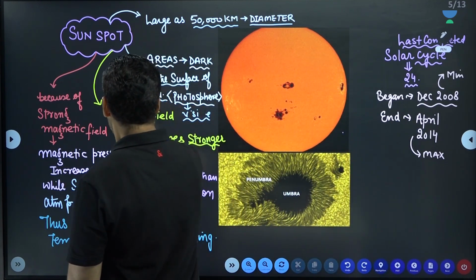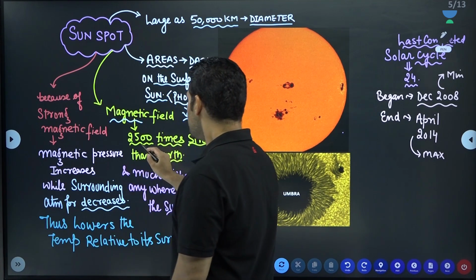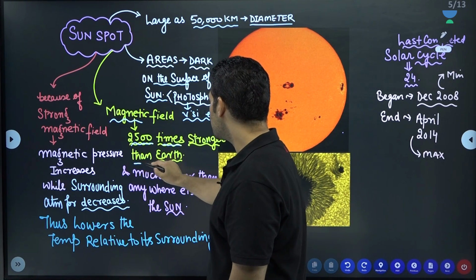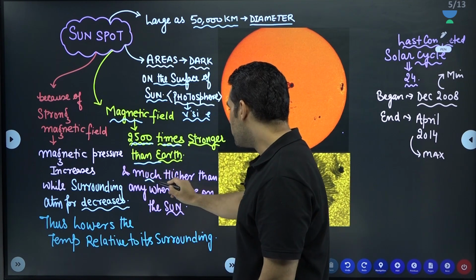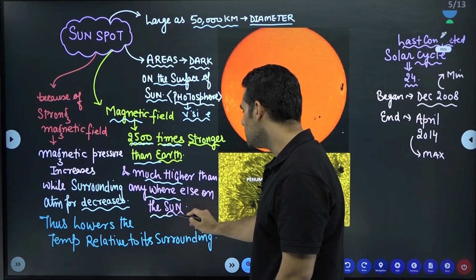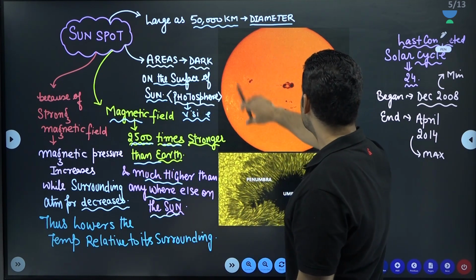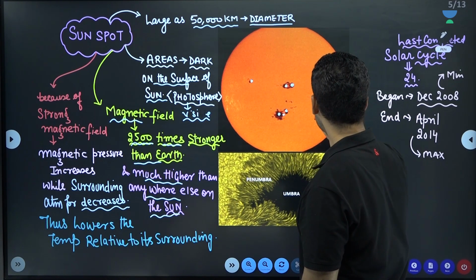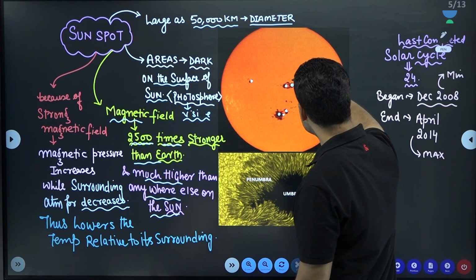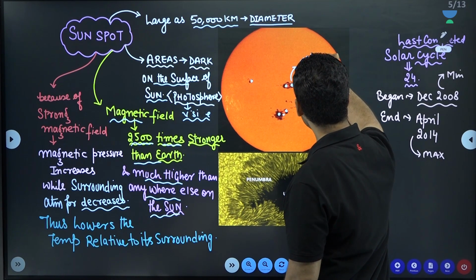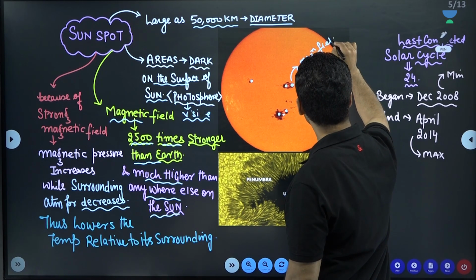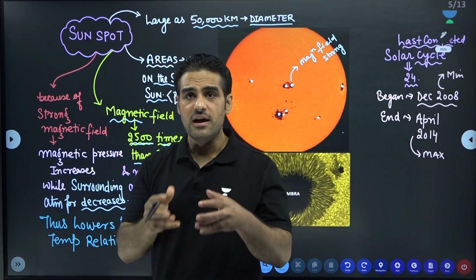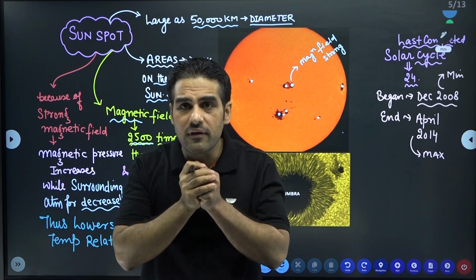Now, the magnetic field here is 2500 times stronger than the Earth's and much higher than anywhere else on the Sun. Assume it is the Sun. These dark spots, the development of these dark spots, are called sunspot activity. What it means is, in these parts, the magnetic field is very strong. So as the magnetic field is very strong, it will not allow the heat to move away from the interior